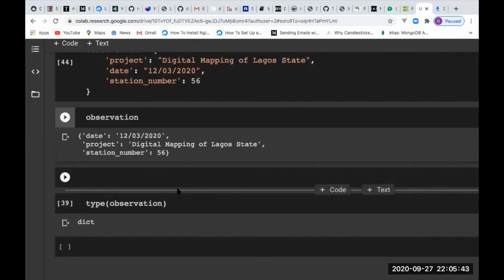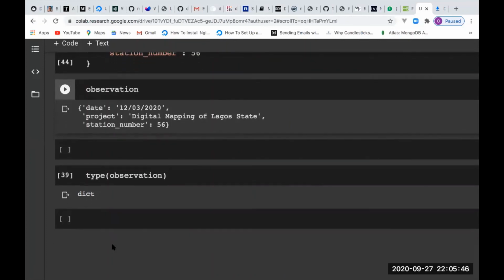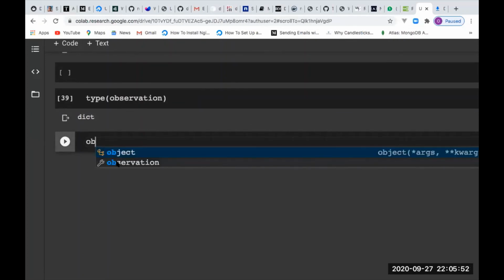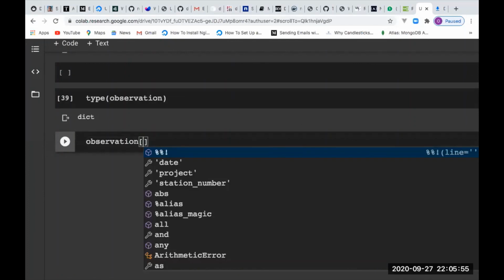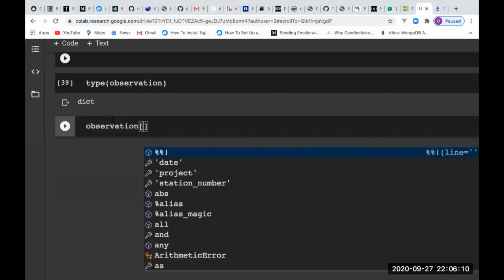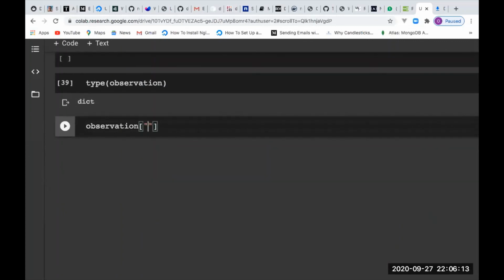Now, I want to access data from the dictionary. And number one way of doing this is to call my observation, then just like list. But now, address to this dictionary is the key. You use key as an address. In list, you use its index as an address. So I want to call this address, which is project. So let me see what will be the answer. It gives me digital mapping of Lagos State. Good. That is one way of accessing